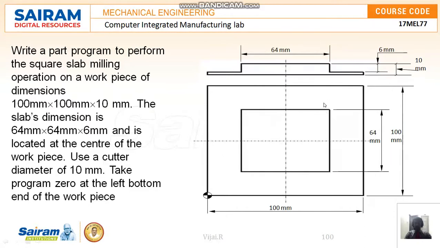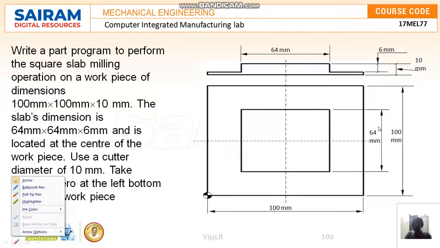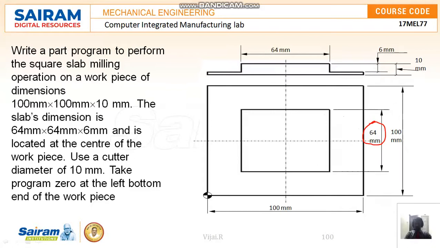So the balance, what we have to make, because we have to find the coordinate points for measuring all the things. First of all, the coordinate point is very important. Here it is given as 64. You can see it is a 64 mm slab, so this gap and this gap we have to calculate, so that the points up to this one and to this area, all the four corner coordinate points we should know, then only we can make the machining operations.